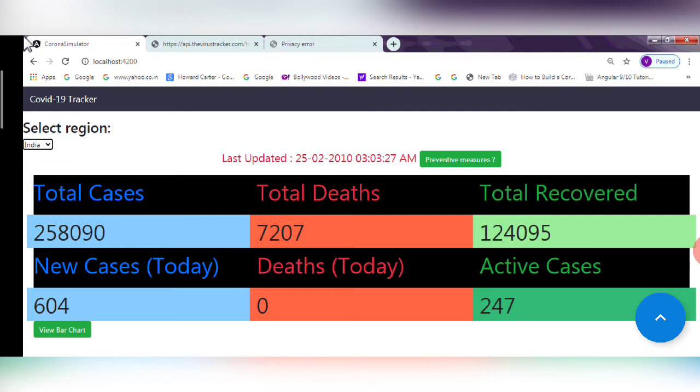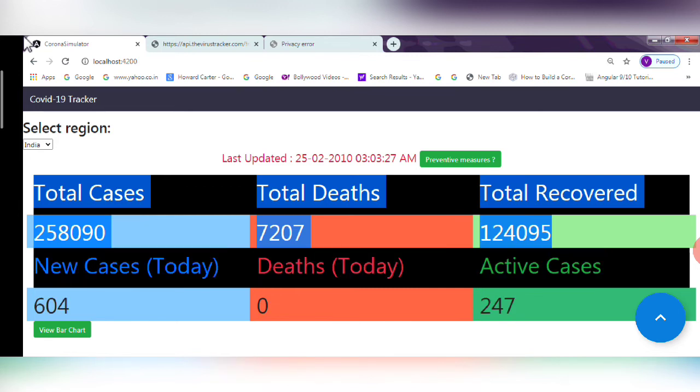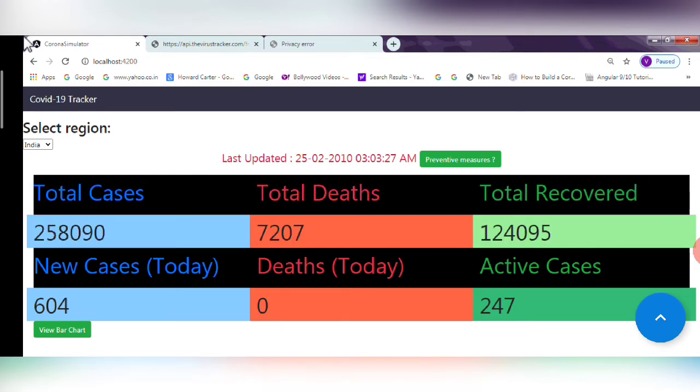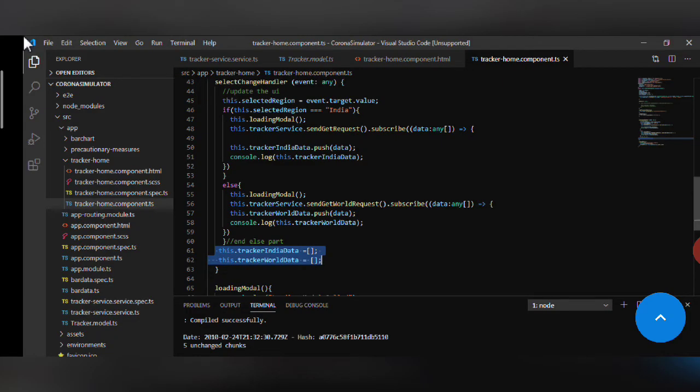For example, if we are calling the service 10 times, then 10 times this complete layout will get printed in an appending manner. We don't want that. We just want that every time we call the service, it should fetch the updated data, and only in this portion. So for that it is necessary to empty the array, so that when the second call happens, it will print the new data. Okay, so this is how a service works in Angular.